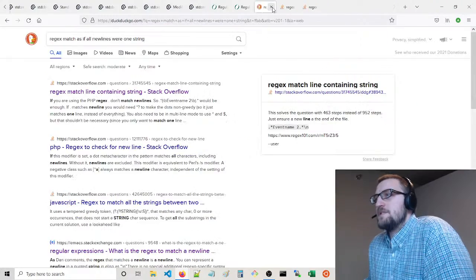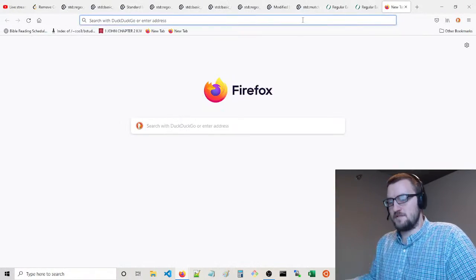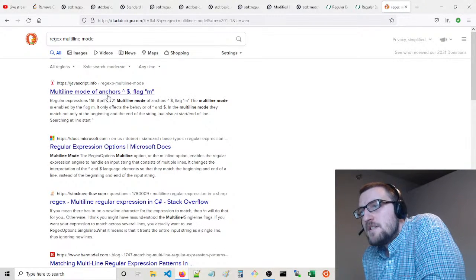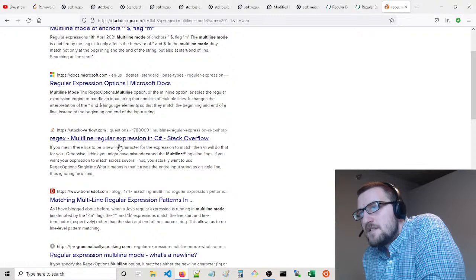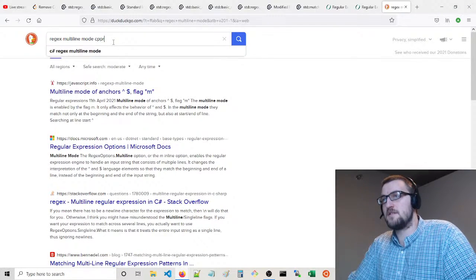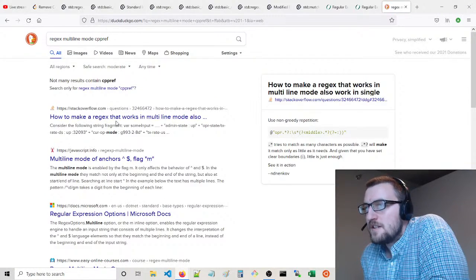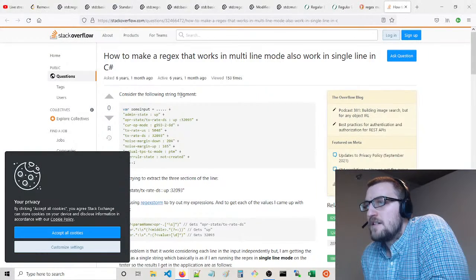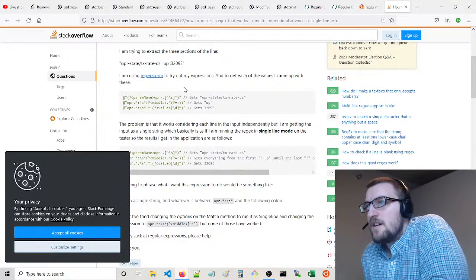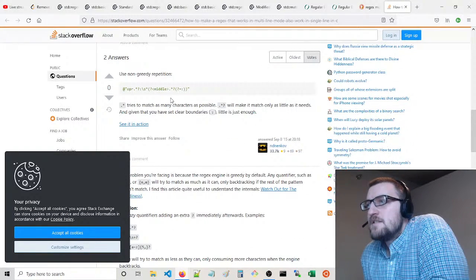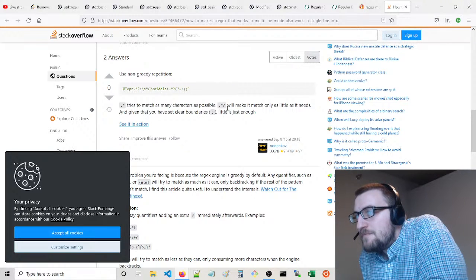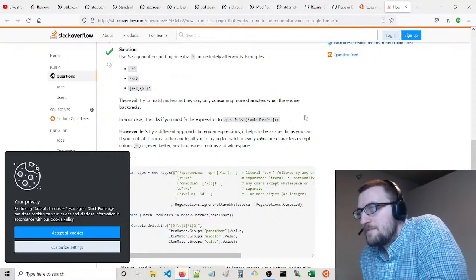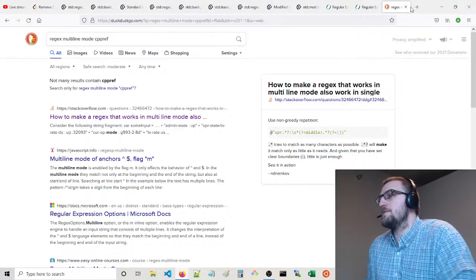Regex multiline mode is more or less what we're looking for. Alright, I gotta get going in a minute or two. There's gotta be an answer here. Trying to match over multiple lines. There's a flag for multiple lines.